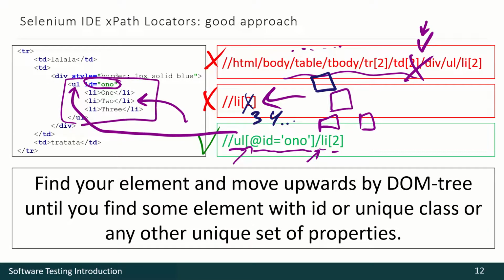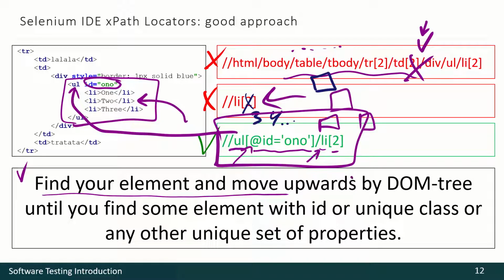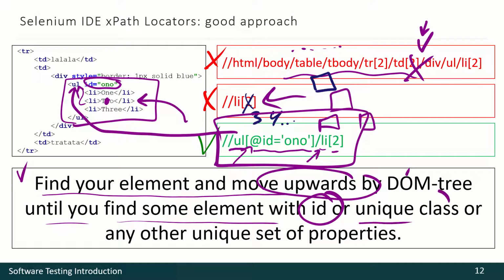So, if this block of the page is not broken, this XPath locator will work. The idea once again: find your element and move upwards by the DOM tree. Here's our element and we are going upwards until we find some element with an ID or unique class or any other unique set of properties. And we're using it here in the parent element identification.